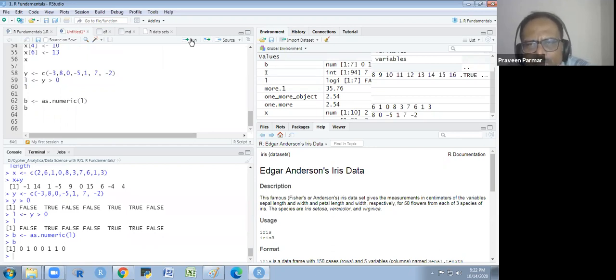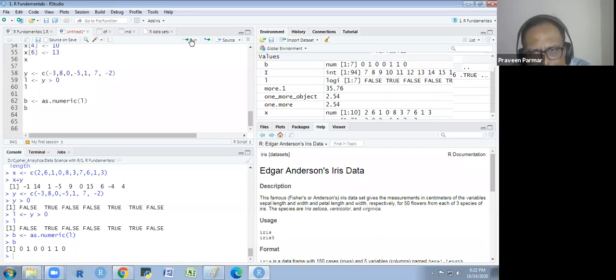Automatically it will convert to 0 and 1 with as.numeric. Does that make sense to everyone? If it is logical, it will convert to 0 and 1. False will be 0 and true will be 1.